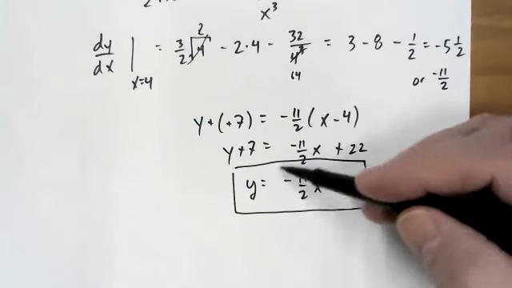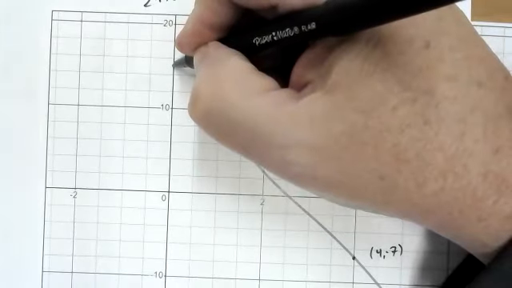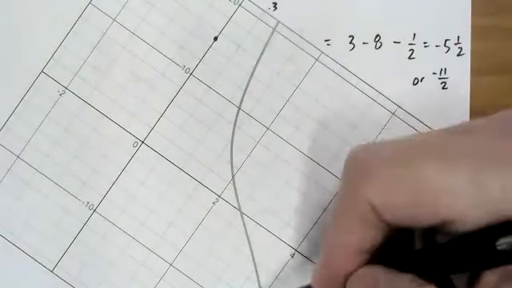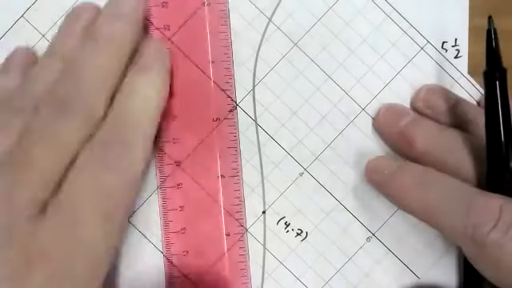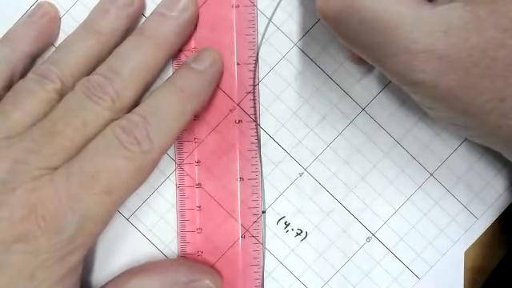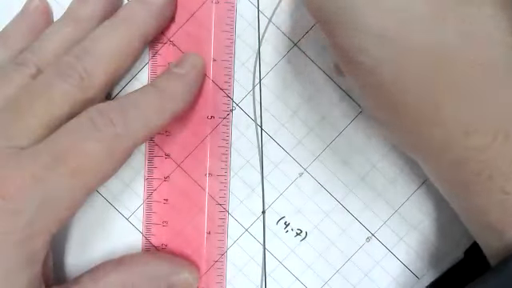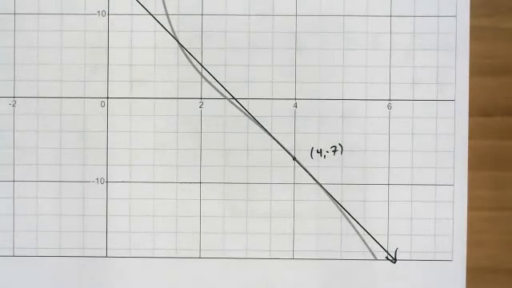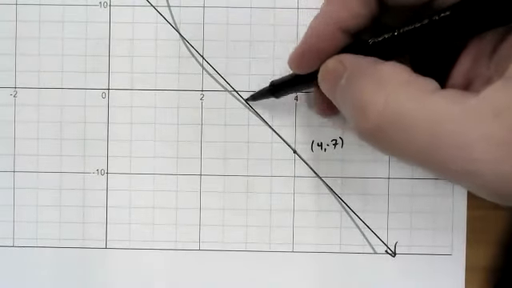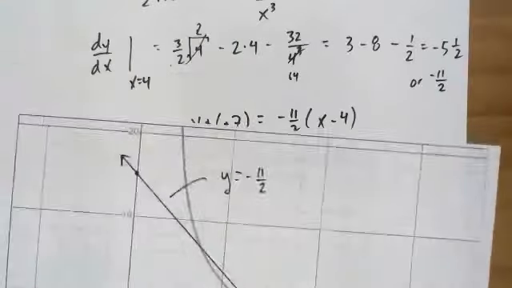So what I will do, I will go ahead and graph this on this curve and we'll see if it looks correct. So first of all, my y-intercept is like 15. The y-intercept of 15 is like about here. And then it's going to go through this point. So once again, the idea is here's my curve or my function. We're choosing this point right here, and you can see this is the tangent line. And the equation of this tangent line is y equals negative 11 over 2